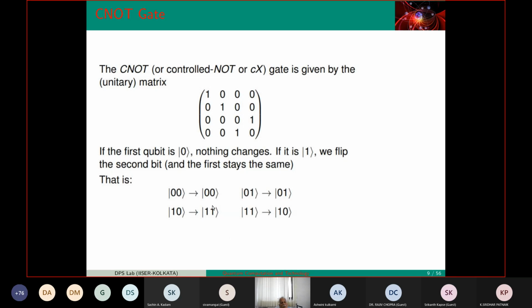You can generalize, you can go to more particles, you can also describe a single particle, but as you know, a single qubit cannot do much computation for you. What can it do? It can store information. How does it store information? That is what was pointed out by Feynman. Because as I showed you, you can have superposition, 0 plus 1. If you want to store information, you have to store 0 plus exponential i theta times 1. The phase will keep information. That is what Feynman pointed out, that a huge amount of information can be stored.